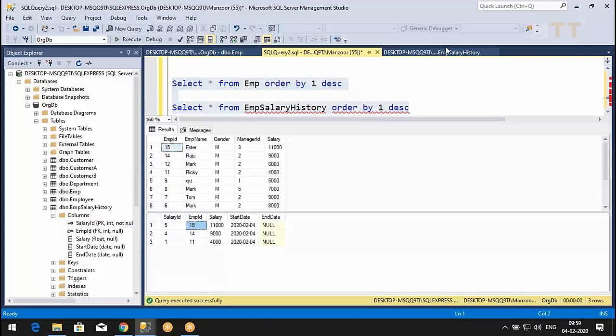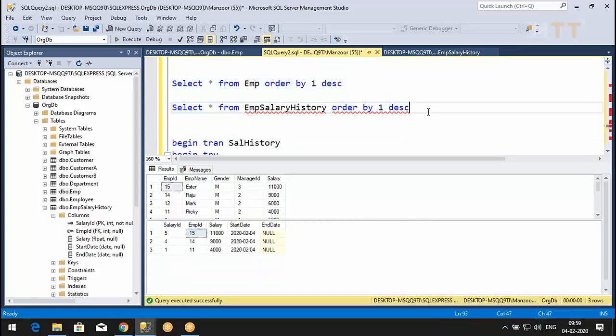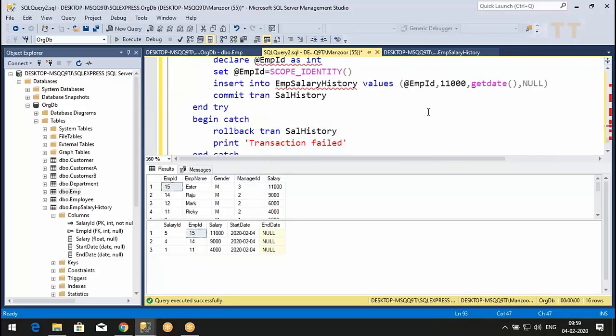So this is a very famous interview question. Scope identity. There are 2 ways that they can ask. First of all, they'll ask, have you heard about scope identity? If you say no, they will tell you go. Why? Because this is the scenario in a lot of real-time projects that we need. This is one approach. This is how I ask. But some people will ask in this way.